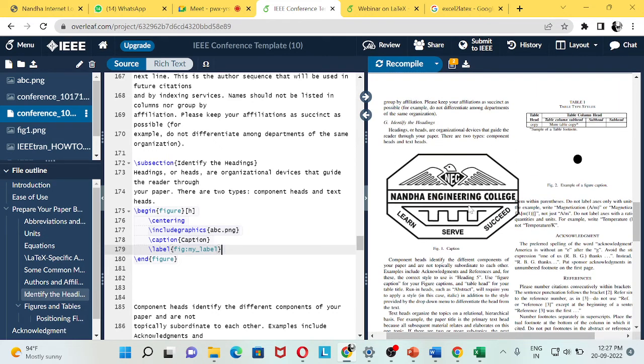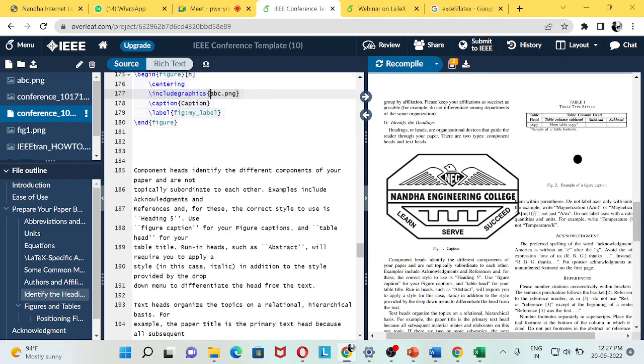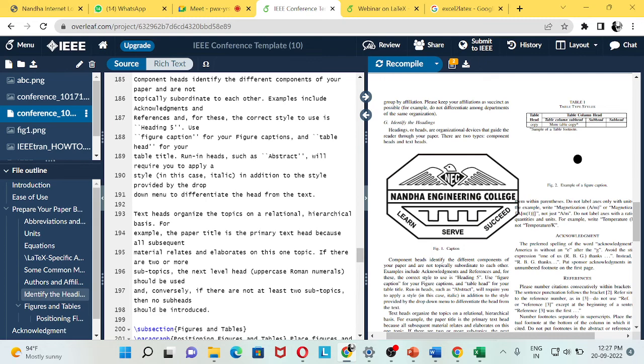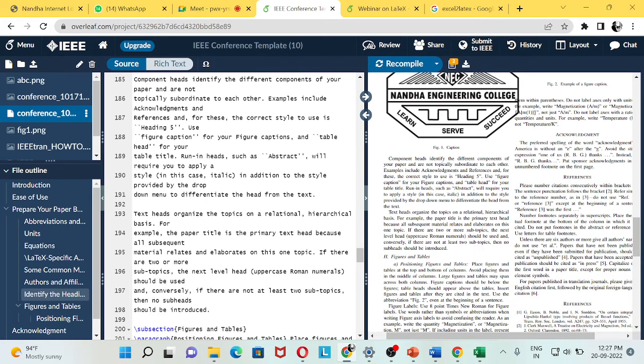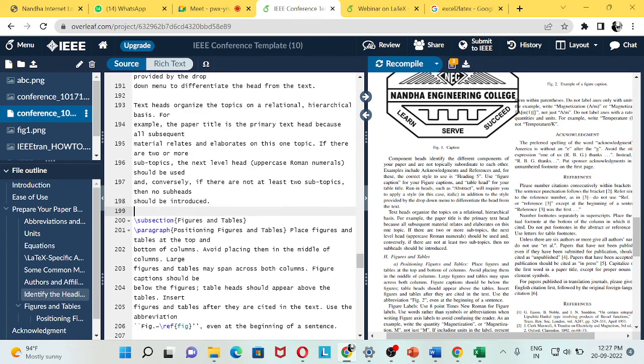So this is all about inserting a figure, and you can adjust the size, you can crop the size with the help of the width of the image. Okay, and tables. Somewhere I'll create a table in some other location. I'll create a table after this introduced word. I double clicked and it appeared here,